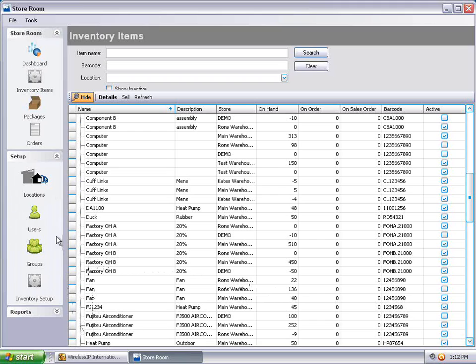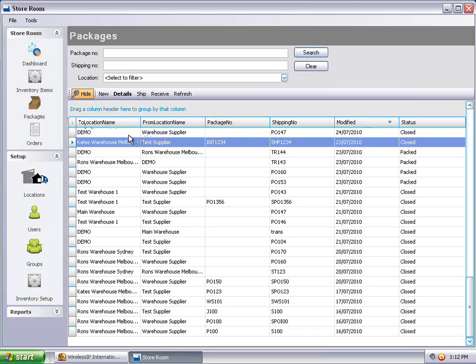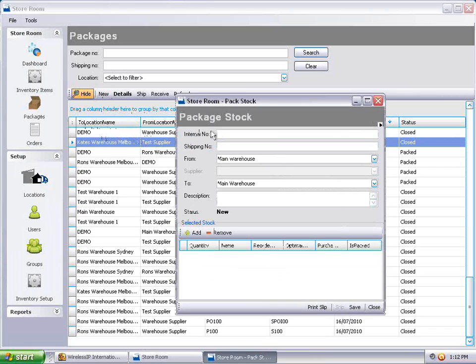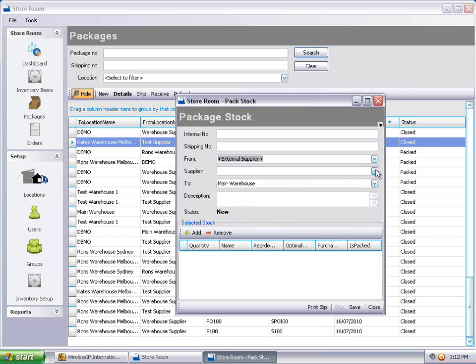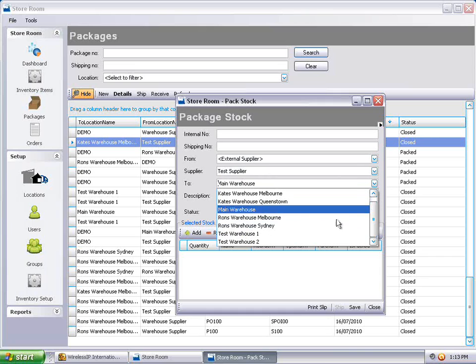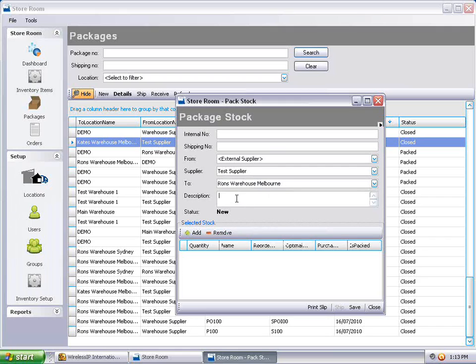So now what I'll do is I'll come back into packages, and I'll do a purchase from a supplier. So I choose the supplier tab there. It throws up the suppliers I have. I'm going to use the test supplier, and I'm going to buy something from him and put it into my Melbourne warehouse. So in this case I indicate a purchase order,